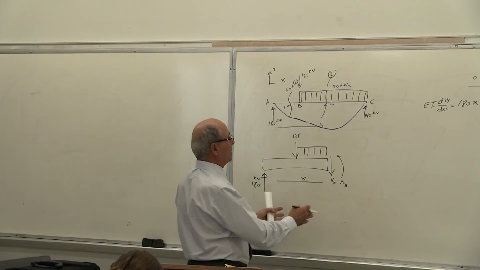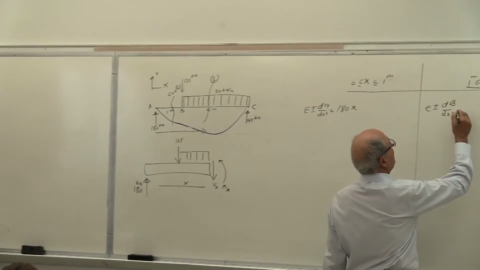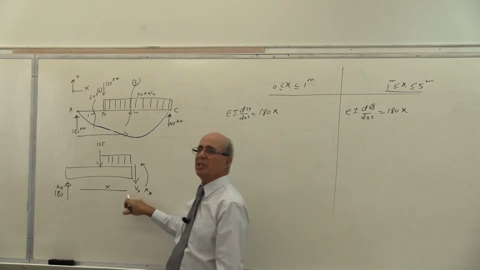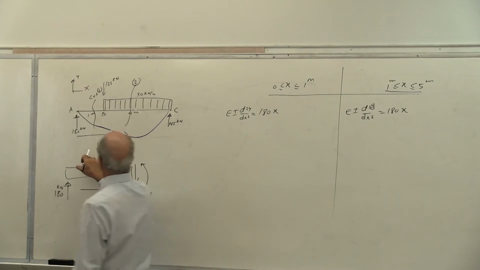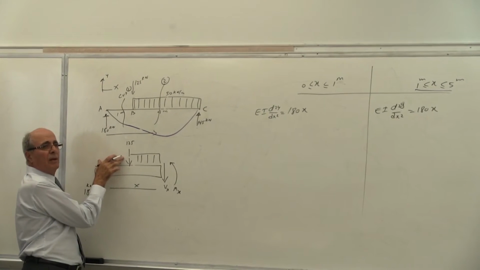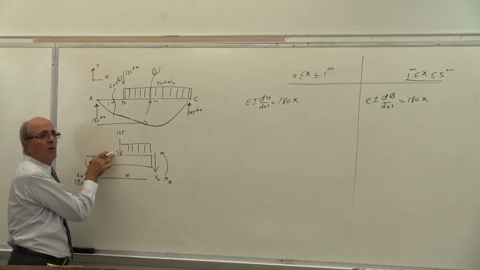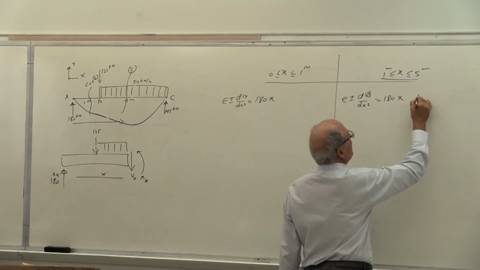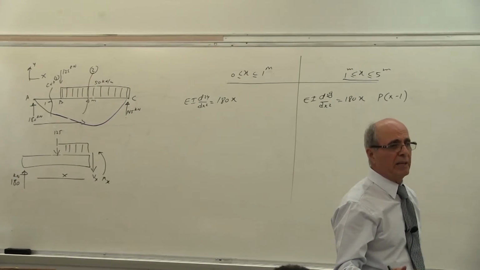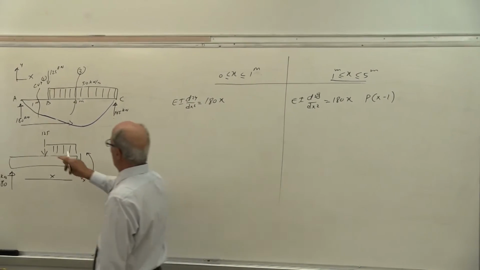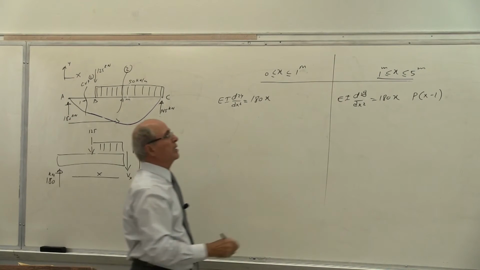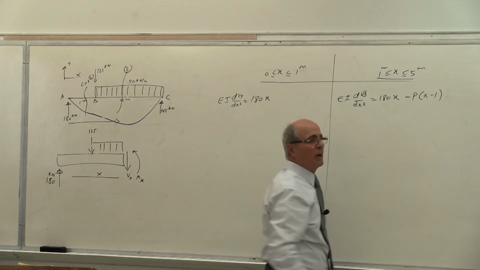Now, many people had problem there. I'm going to write it, and you see it is correct. Equal to 180 times x. That does not change. It's still 180 times x. This load is 125 times this distance, which is not x. It is x minus, how much is that? x minus 1. So the other one is P(x minus 1), yes or no? But whether it's plus or minus, again, we have to go with the sign convention. Notice the action is positive. The reaction to that should be negative. So that this goes plus, this goes minus, yes or no?